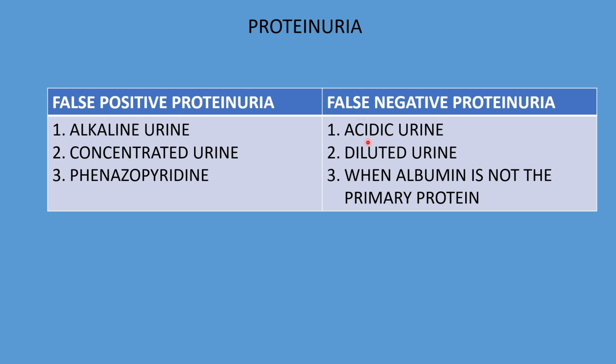False negative proteinuria occurs in acidic urine because the proteins are not clumped together. Diluted urine, and when albumin is not the primary protein, in that case false negative proteinuria occurs. When albumin is not the primary protein, it would not be detected by the dipstick method in the urine RE, and so it will not be